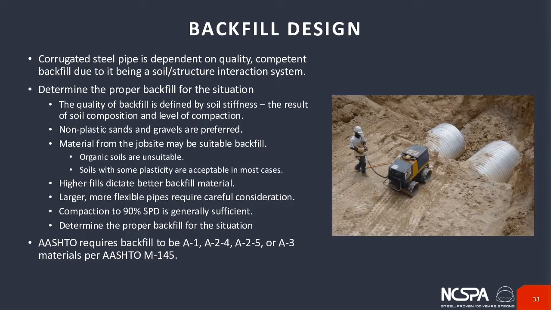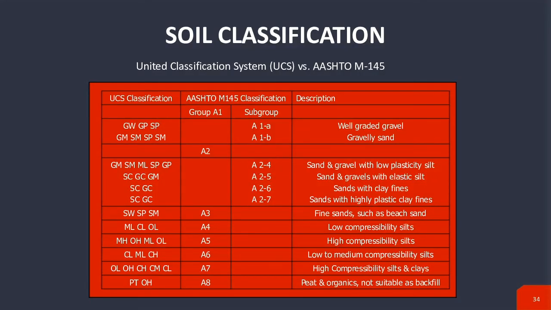The last note I want to make is that AASHTO requires backfill to be an A1, an A2-4, an A2-5, or an A3 per AASHTO M145. On the following slide, you can now see a chart comparing the two common soil classification systems. You have the Unified Classification System, USCS, on the left, and AASHTO M145 in the middle of the table. The USCS is based on a system where G stands for gravel, S sand, M silt,